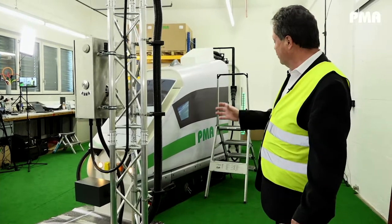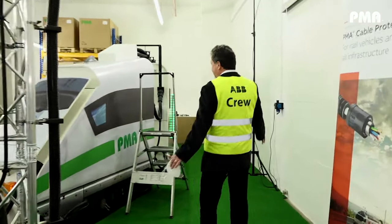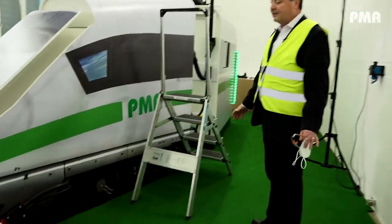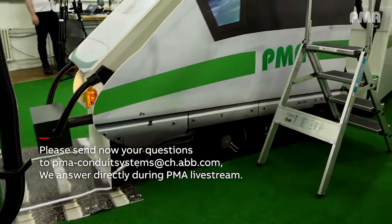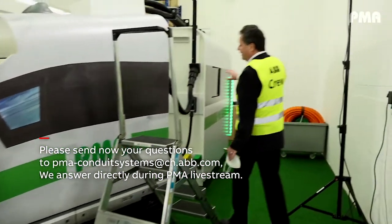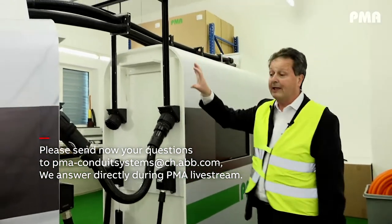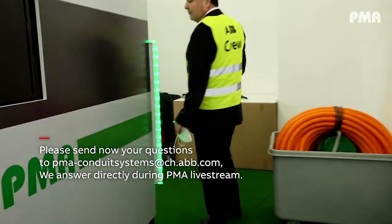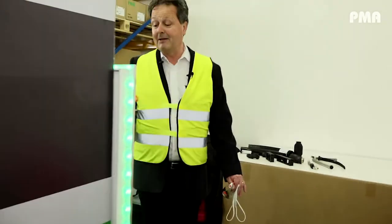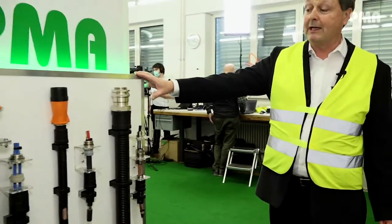So we will talk about rail infrastructure, but before we do this, let me give me the time to show you a little bit about our mock-up train. So this is our mock-up train, where we installed, like in reality, some different equipment on the outside, but also we did some jumper cables. On the roof we made all the connections. Then we go to the back of the train, where we made a panel to show one of our specialities,